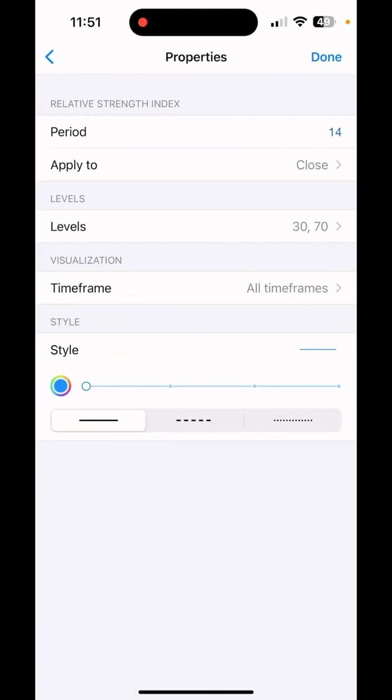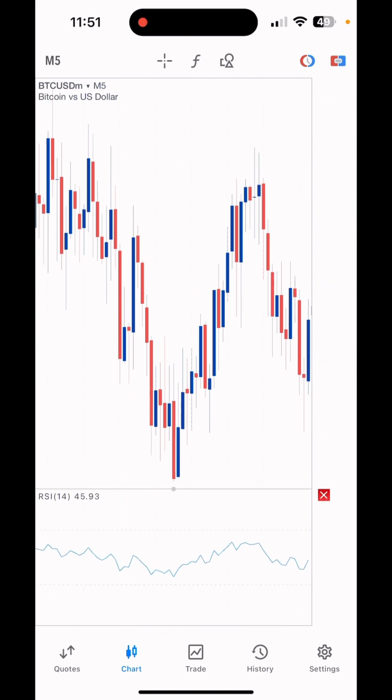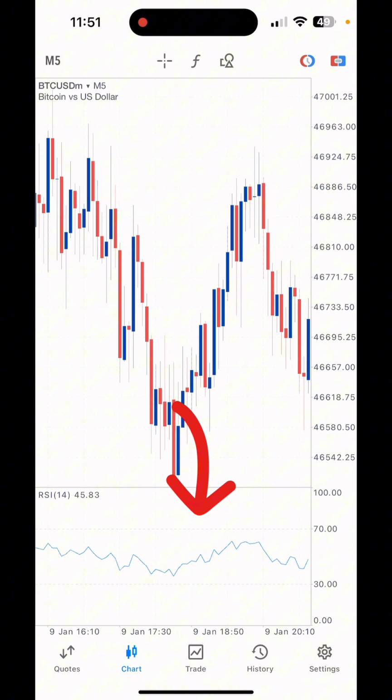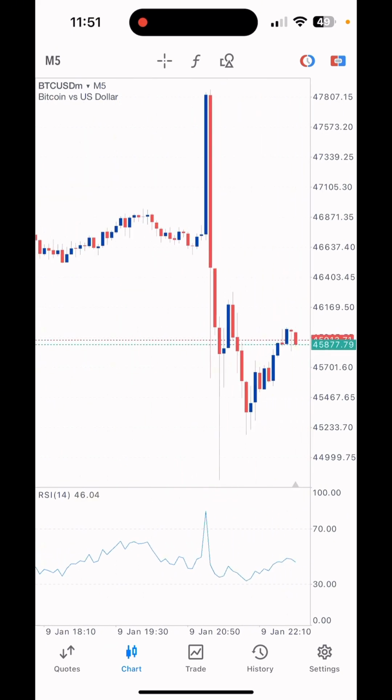You tap it. Now it comes with default settings, period 14, levels 30 and 70, and all time frames. All right. Click done. Don't change anything. Just click done. Once you click done, as you can see, this is your RSI here. This is the RSI below here. And as you can see, the candlestick. Okay, I won't call it candlestick. This is a